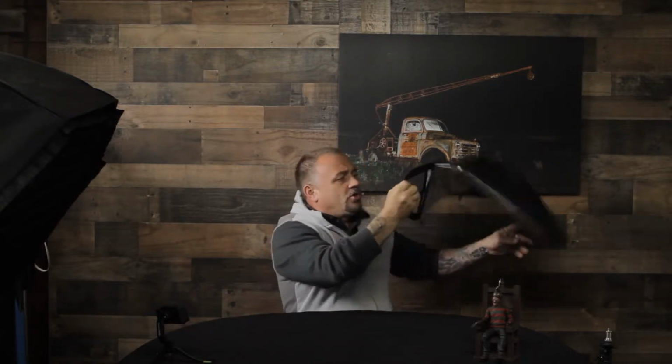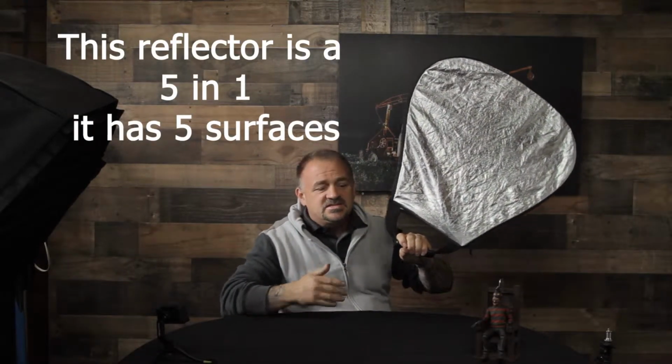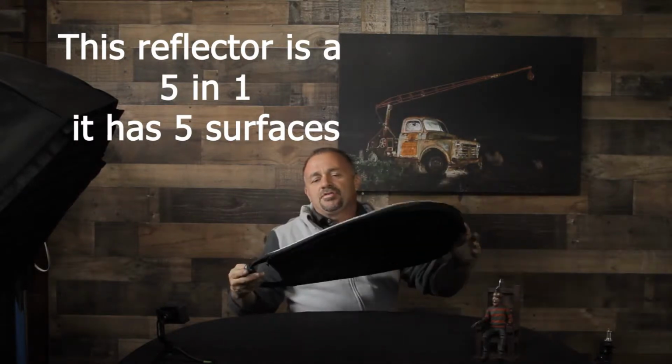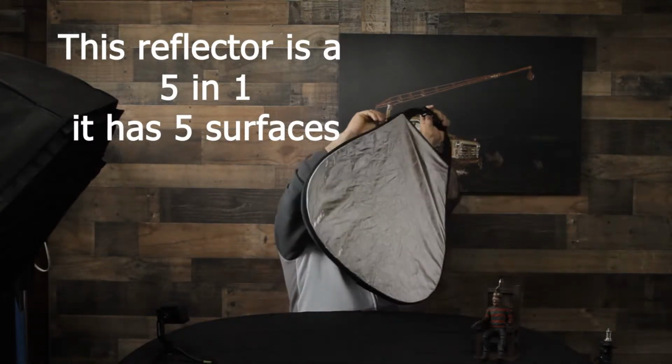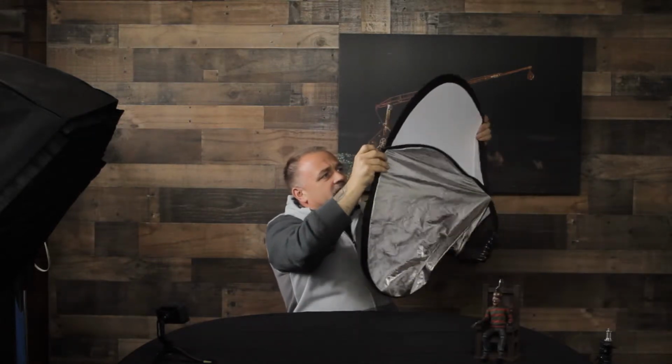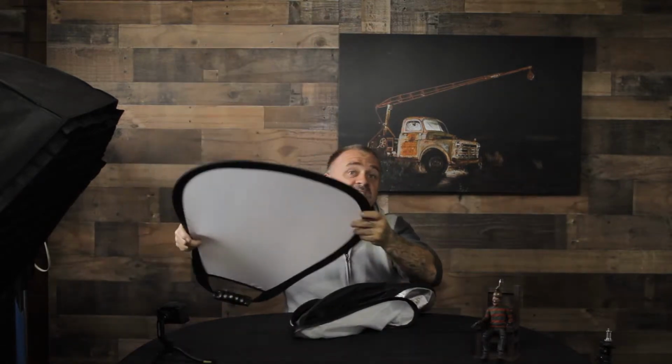Okay, so the tool that I'm talking about is what's called a reflector, and this is a 3-in-1 reflector, and it's pretty small. It fits in the palm of my hand. I can hold it in a fist, and it's called a 3-in-1 because there are 3 sides to this reflector, and I'll briefly touch on what each side does, and I'll show you some examples of